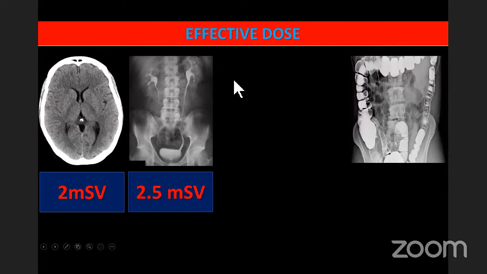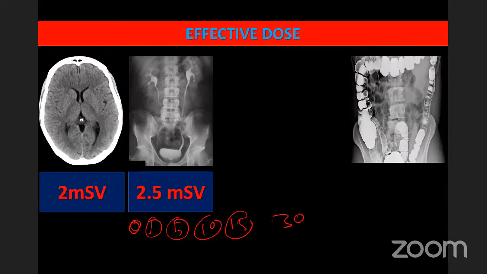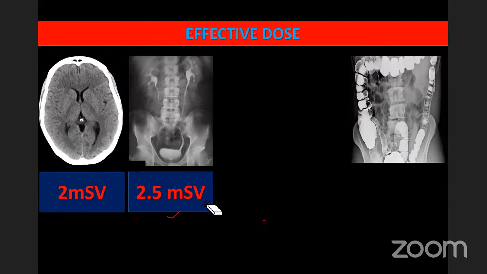IVU is also an X-ray, but what do I do in IVU? I take an X-ray before giving the injection. Then I take it at 1 minute for the nephrographic phase. If you remember what I've told, nephrographic phase. Then I take it sometimes at 5 minutes, sometimes at 10 and 15, and one more at 30, delayed. So they will take multiple, and different combinations we use based on what exactly we want to see. That's why the exposure is very high. It's almost higher than the CT.